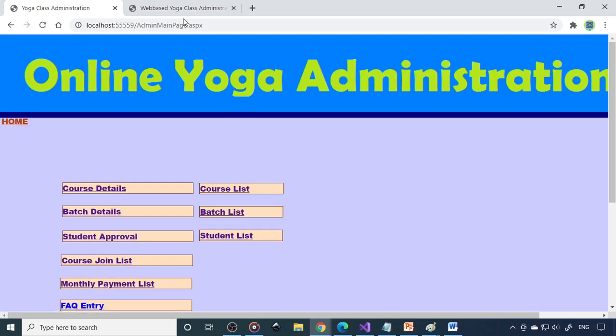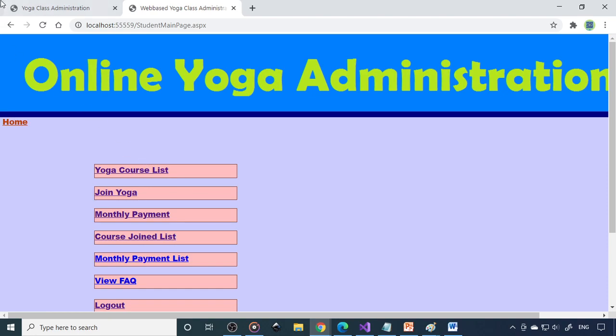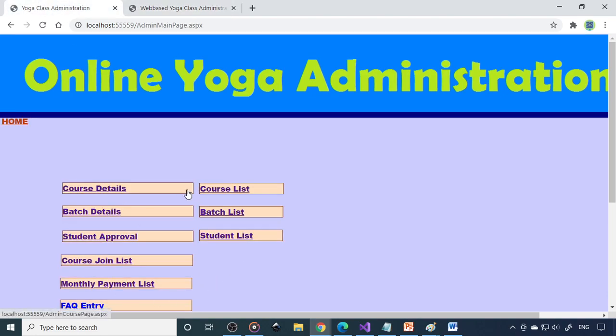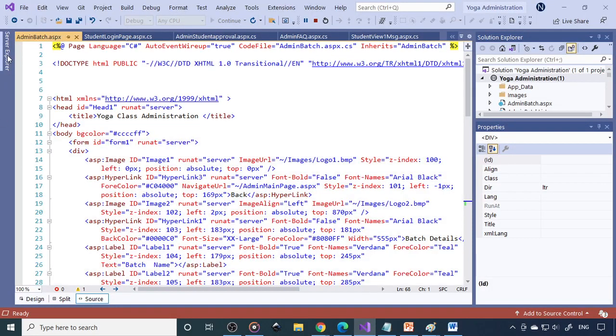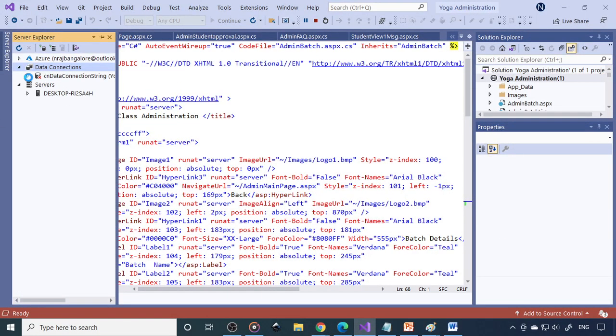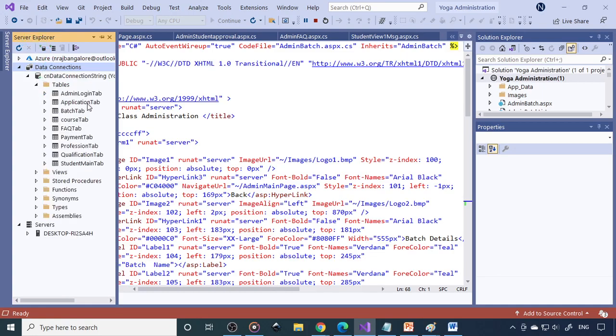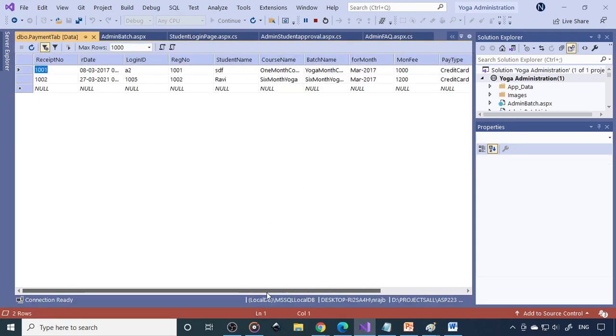So what are the entries done on the student side? So now it is reflecting in the admin side. That is what is very important. So therefore, the data you enter should reach the table. So you can see those tables in Server Explorer. And if you go to tables, here are the tables. Let's say payment. So here if you show table data, all the data should come to the payment table. So that is very important. That's what you need to write the code for.